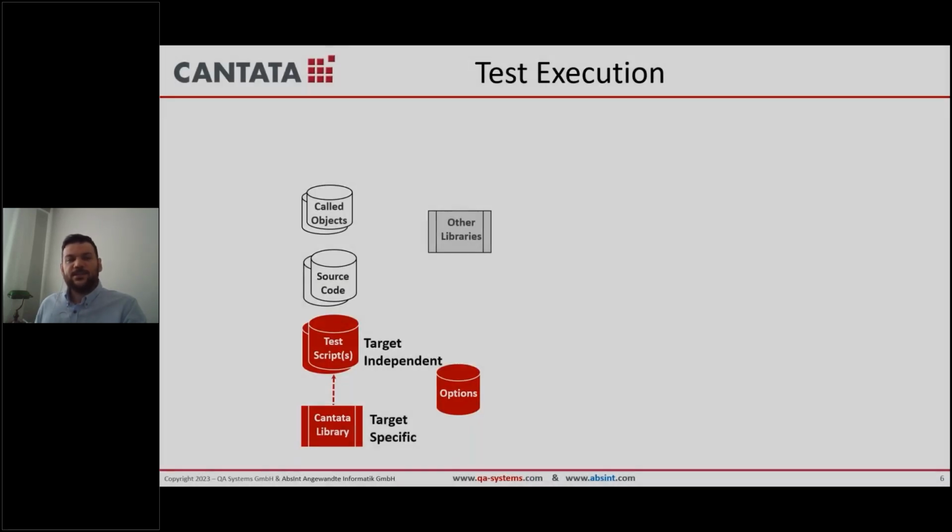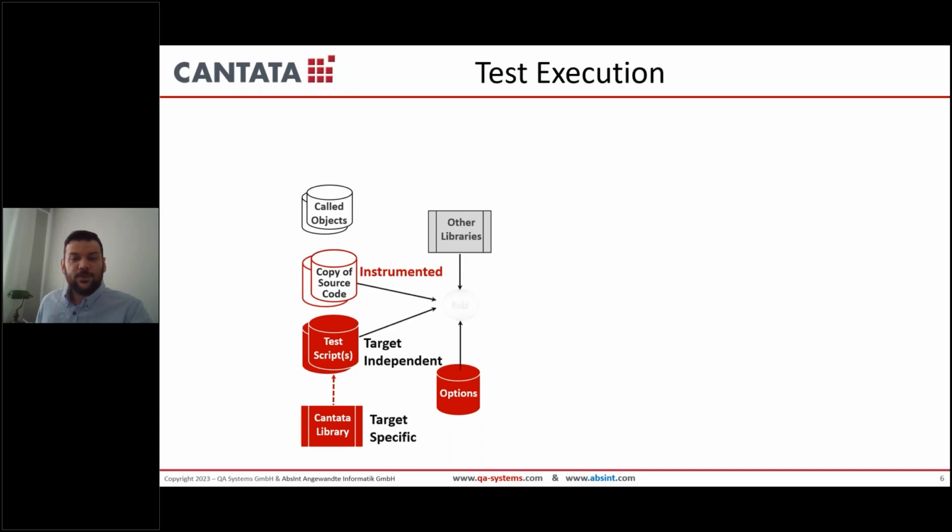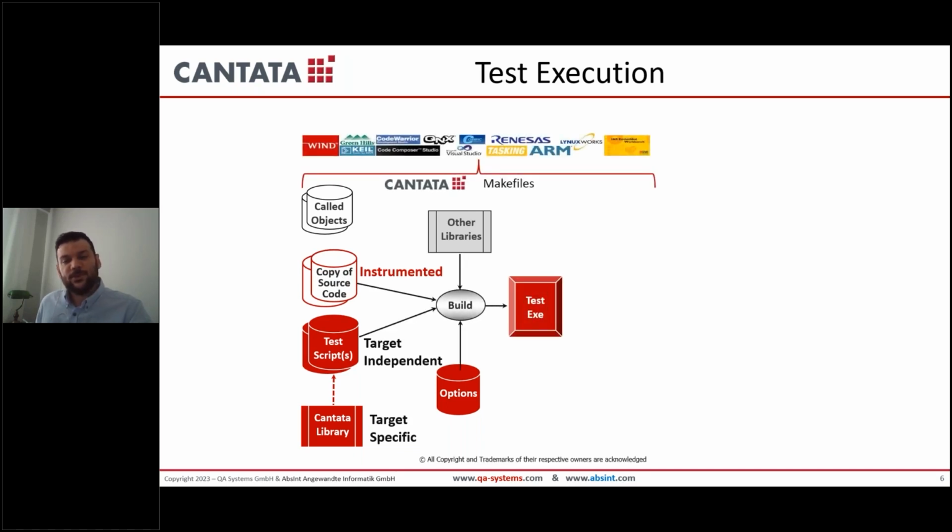Let's look at the test execution mentality of Cantata. Cantata unit or integration tests are built and run as an executable. The software under test, any external objects, and other library code is built with the Cantata test script and the chosen tool options. If the code coverage or testability information is used, a copy of the source code is taken at compile time, and the test executable for the target platform is built and run.